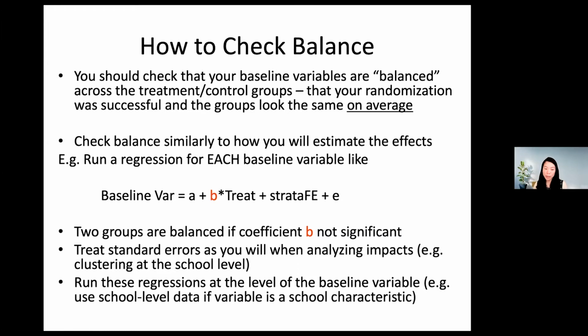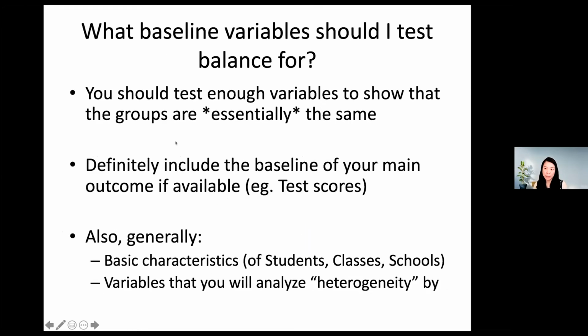So the beta here should be not significant, right? And you want to test each of the baseline variables. Essentially, you want to make sure the key outcome variable and also the student, class, and school level variables are the same. So what you want to include in your balance check is